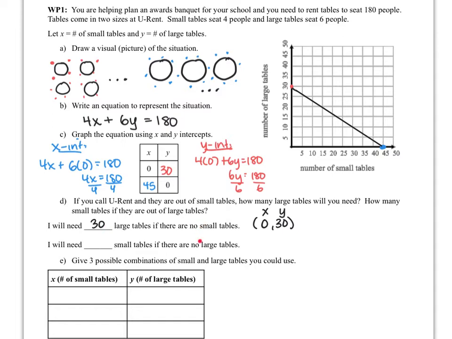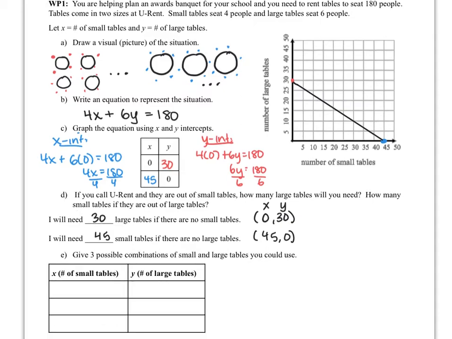And the other one is saying, what if there are no large tables? No large tables would mean we have 0 large, and so that's my x-intercept on my graph. And for that one, I would need 45 small. And so that's the significance of my x-intercept. So these 2 points are possibilities. It just means that at my y-intercept, I'm using all large tables, and at my x-intercept, I'm using all small